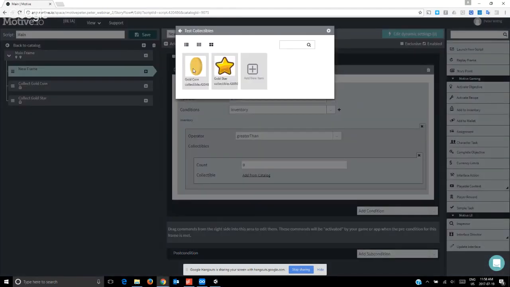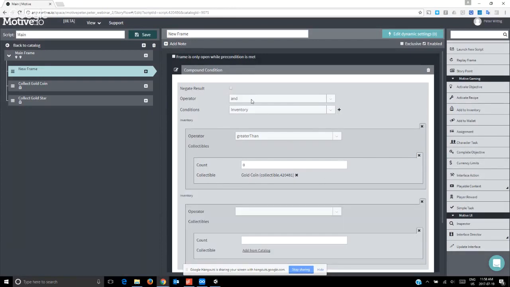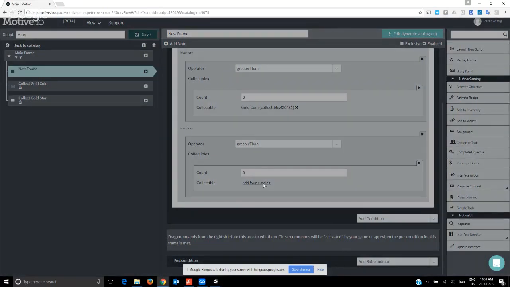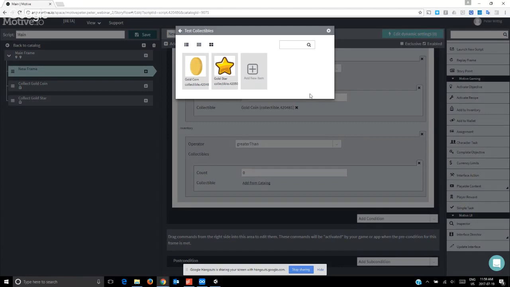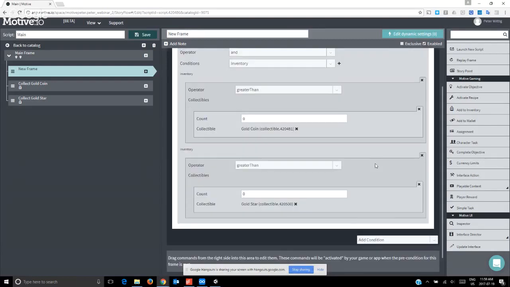Collectibles, so a gold coin. And then I'll add a second inventory condition. So it's going to say that I need to have at least 1 gold coin and at least 1 star, or sorry, greater than 0. So I'll add 1 more gold star there. So now this says if I have more than 0 gold coins and more than 0 gold stars, then do